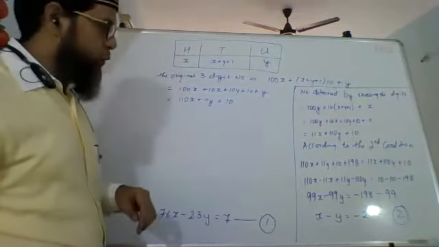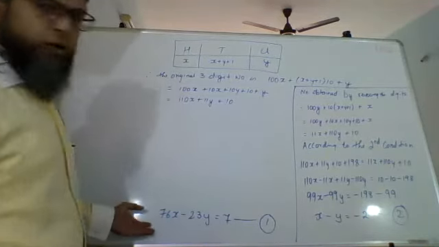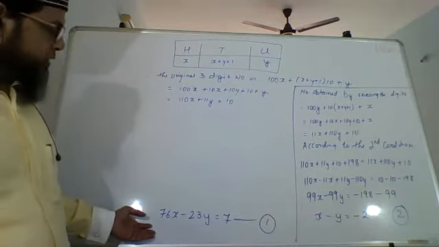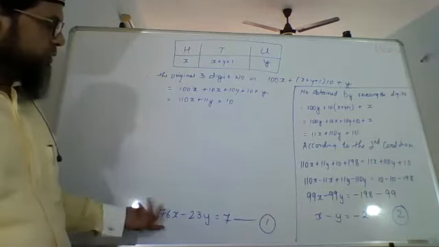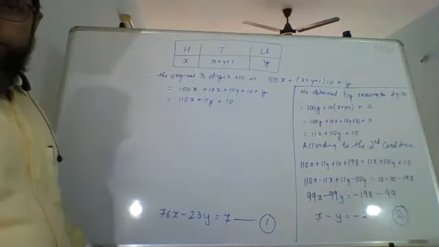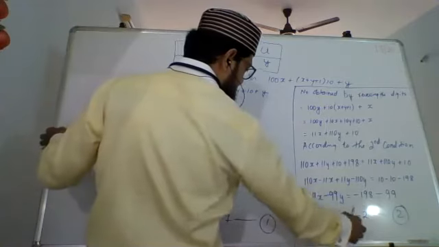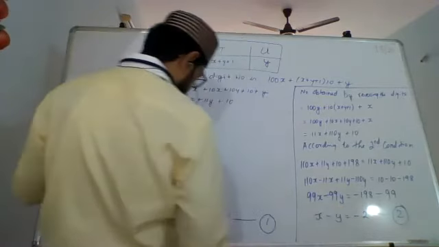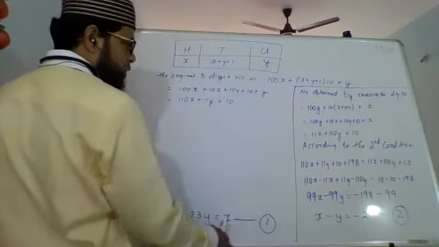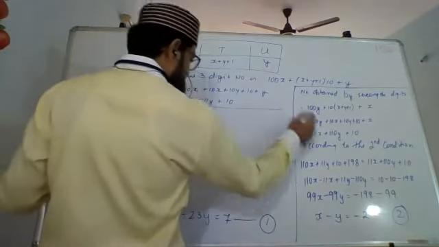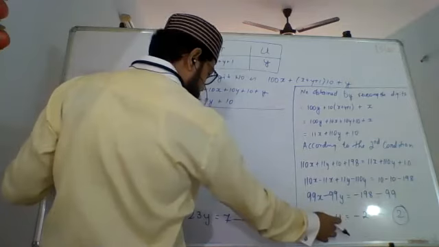We've got x minus y. Now this I can also solve by method of substitution. I don't need to always multiply this by 23 or 76. I can also solve by substitution, where you could shift this y this side, it would become y minus 2, x equals y minus 2. So here put y minus 2 and solve. That method is also acceptable. But I'm going to multiply this by 23.